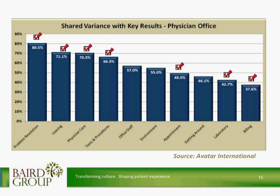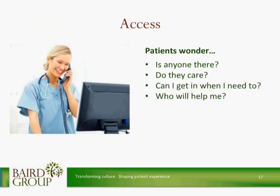So there are a lot of different areas where you can see where the portal will overlap. There are many things, and there's an art and a science to enhancing the patient experience. And when we look at some of the key areas, one of the key areas is on access. And so patients